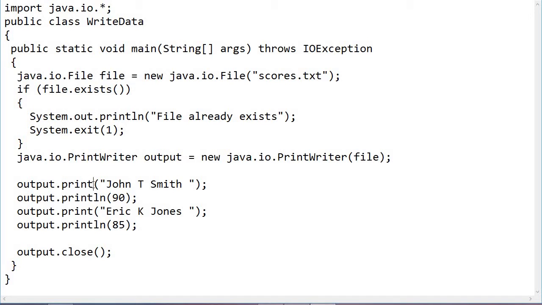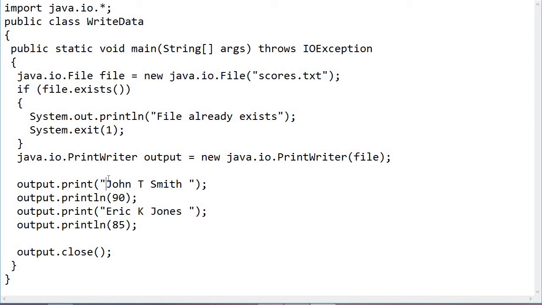These are all the methods that we have already used with system.out. But the difference is that here we are not writing system.out.print. If we did that, then this text would simply be shown on your monitor. But what we want to do is write this content into your file. So you already have your instance of the PrintWriter class, and we are using that object